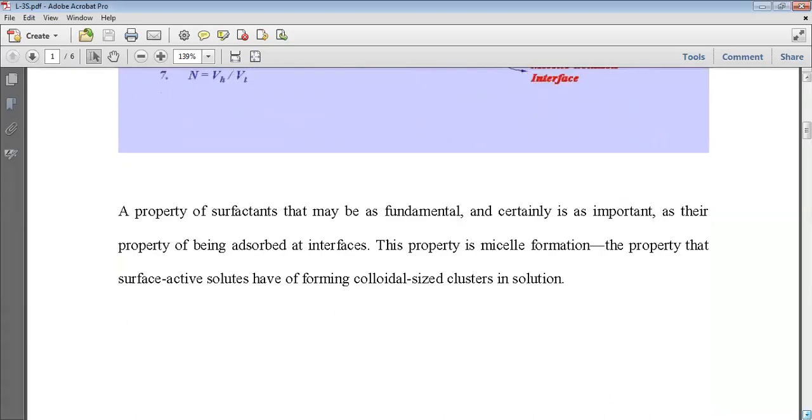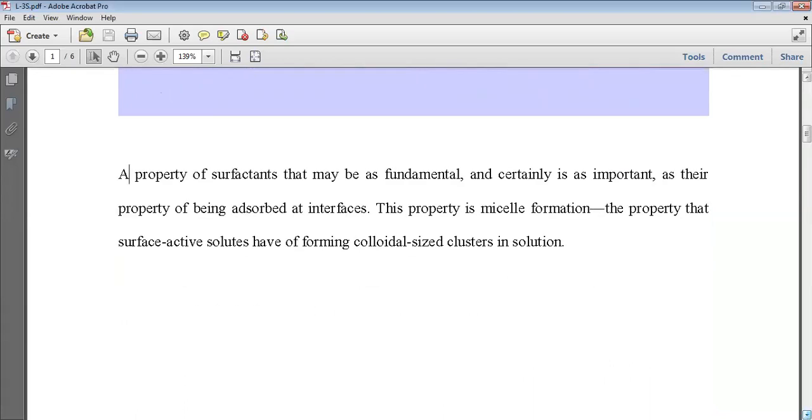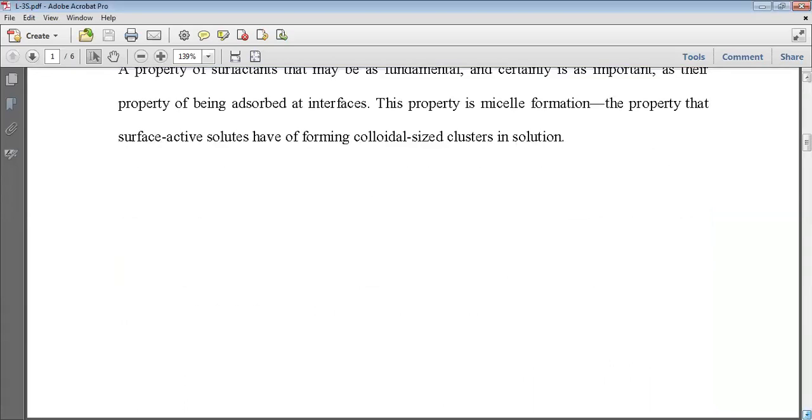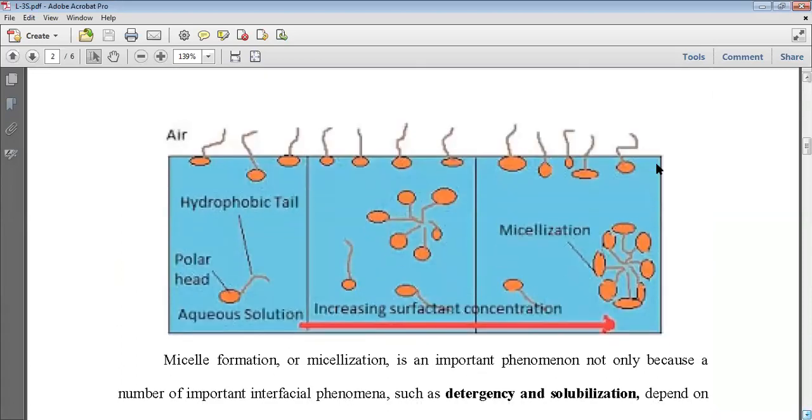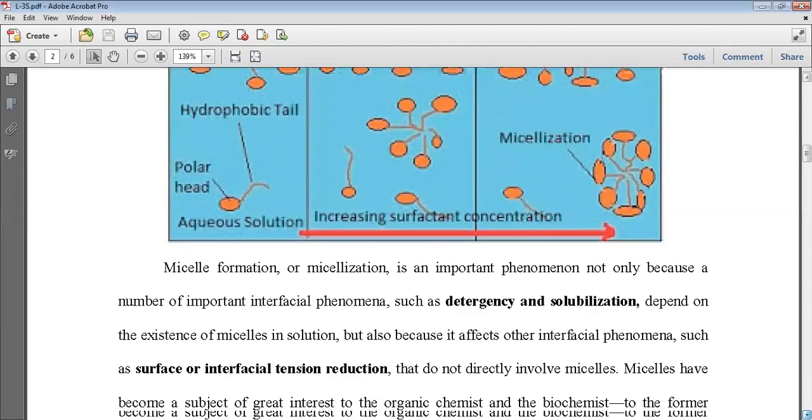Now, what is micellization? These surfactant monomers join together and form associated structures, and that is simply called the micellization process. This happens at a minimum concentration. Suppose you first add a small amount of surfactant into a solution, then when you go on increasing the surfactant, those associated structures are simply called micelles, and the process is called micellization.